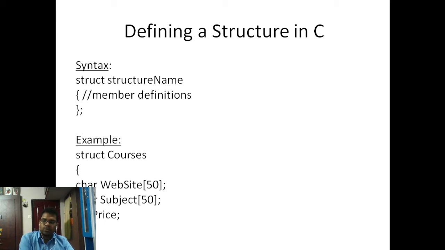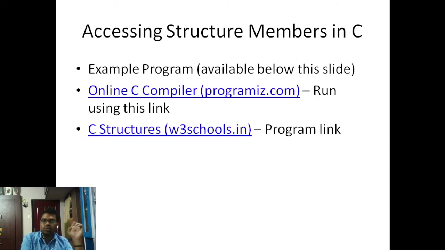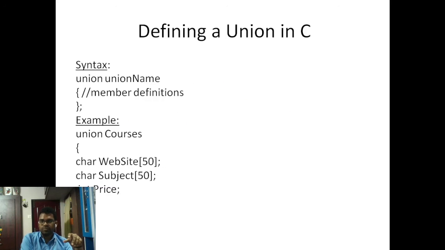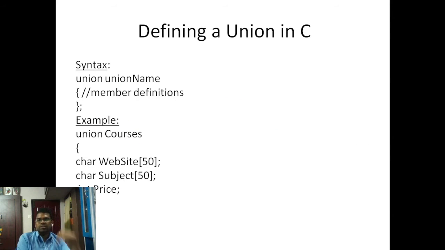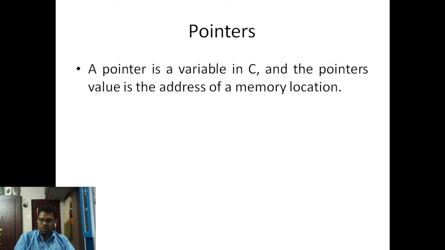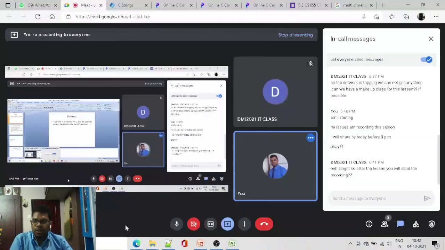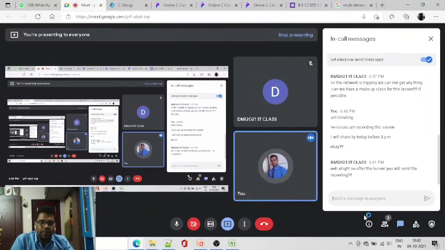So different kinds of data types can be handled by structure as well as union. We will look into the two in the same program. In structure as well as union there is no difference at all. There we use struct, and here we are using union, nothing different. But if you look into this program you can understand what I am telling.